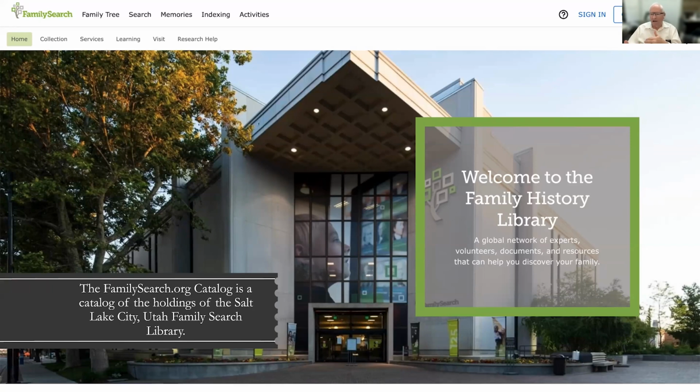Let's suppose I wanted to find parish registers in Ireland, Catholic parish registers in Ireland. If I was walking into a library to look for a book about parish registers, or a document that might contain that, or an archive that might contain that, I would need to know the